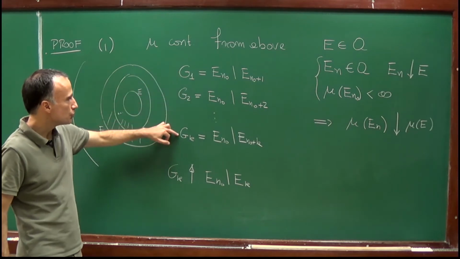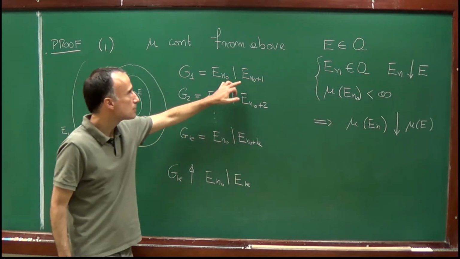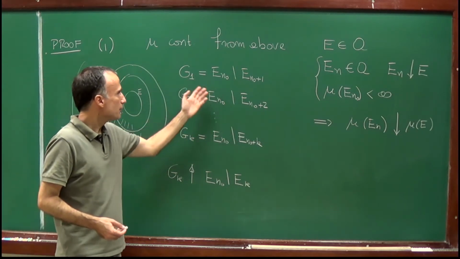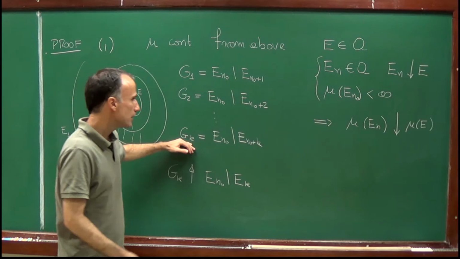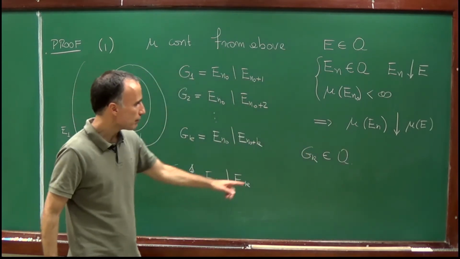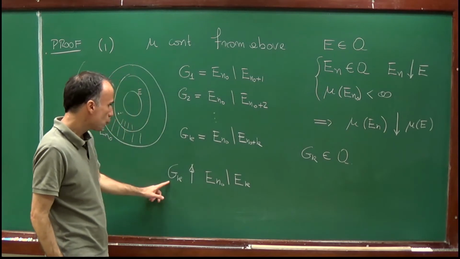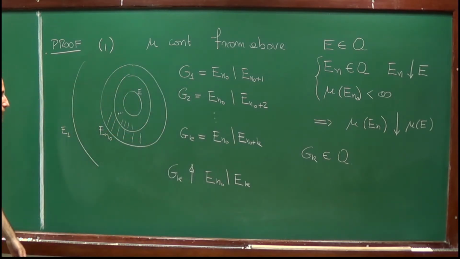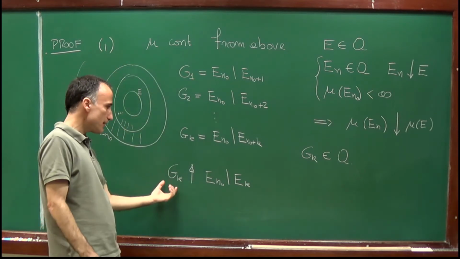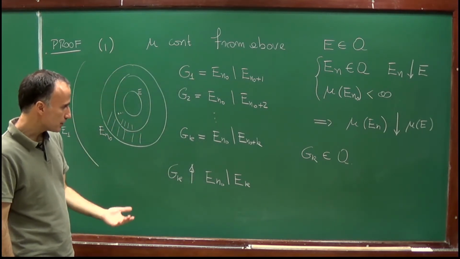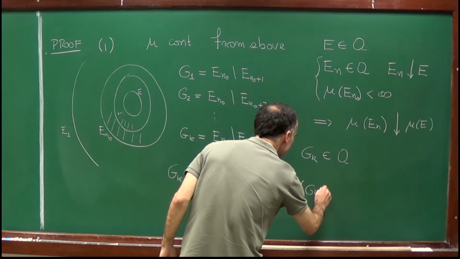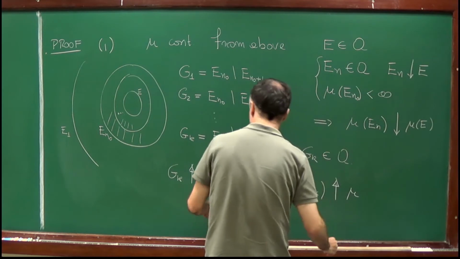All these sets, G1, G2, Gk, belong to the algebra, because by assumption, each of these sets En belongs to the algebra, and therefore, by the properties of the algebra, the sequence Gk is a sequence of elements of the algebra. So we have a sequence Gk in the algebra, which increases to an element of the algebra. Therefore, since mu is sigma-additive, and we proved that any sigma-additive function is continuous from below, we know from the first part of the proof that mu of Gk increases to mu of En0